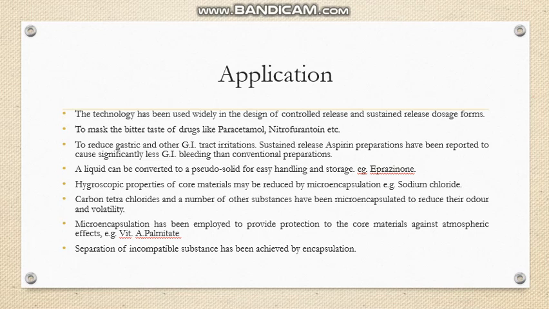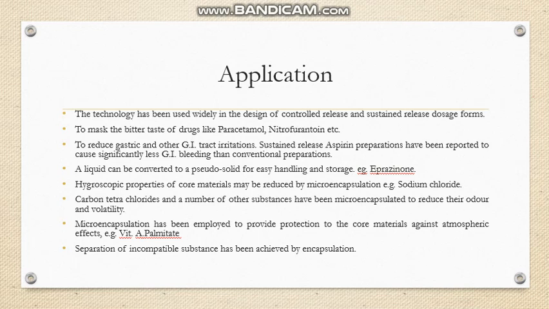Also, this particular drug delivery system can be used beyond all the above-mentioned points; there are other things to be considered for application of microspheres. For example, microsphere drug delivery systems can be utilized for drug targeting, or for specific site drug delivery, and they can also be utilized effectively. So these are all the applications of the microsphere drug delivery system.